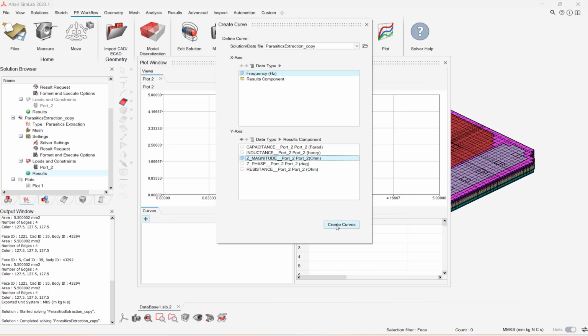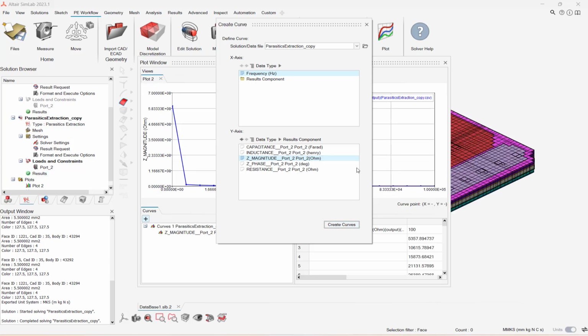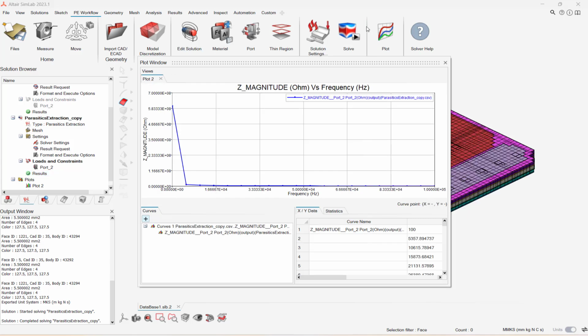Click on Create Curves to view the graph. Now you can see the parasitic capacitance is plotted as well. Using the graph, we can compute the capacitance. In this way, we can find out the parasitic inductance and parasitic capacitance of the given printed circuit board.